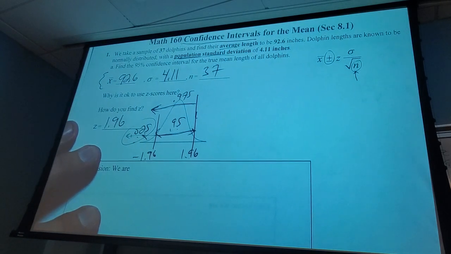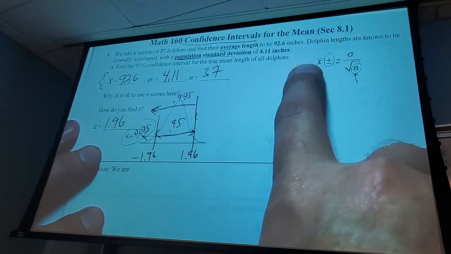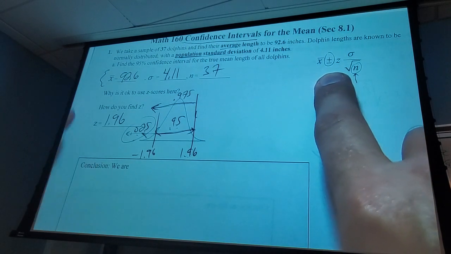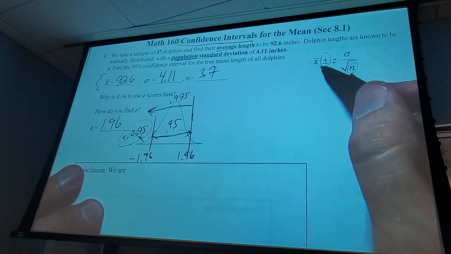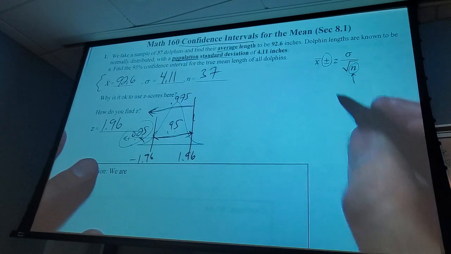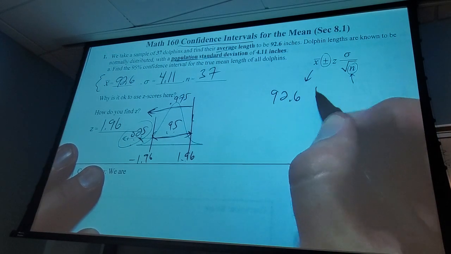I would never teach it this way, but this is a total plug and chug problem. And you guys have heard that phrase before, correct? I had one time a student thought I meant something else, and I don't know. So this is where you just plug values in and you chug the answer out, right? So if I plug numbers in, I get, what was it, 92.6, give or take,